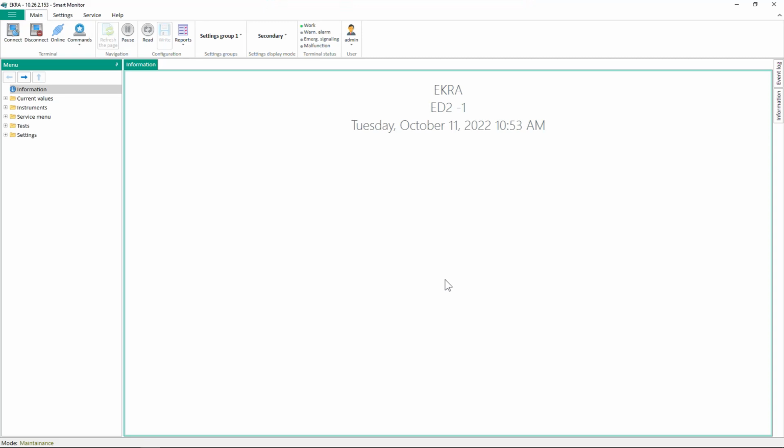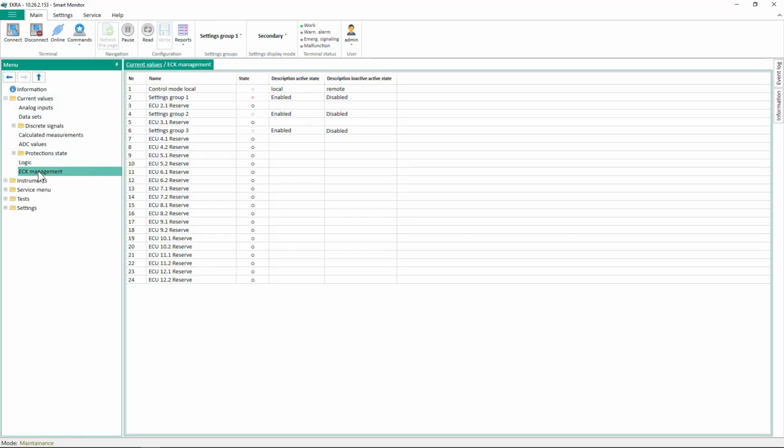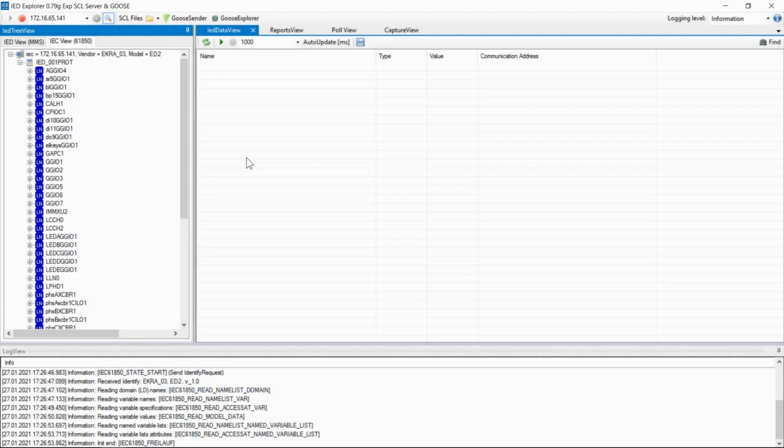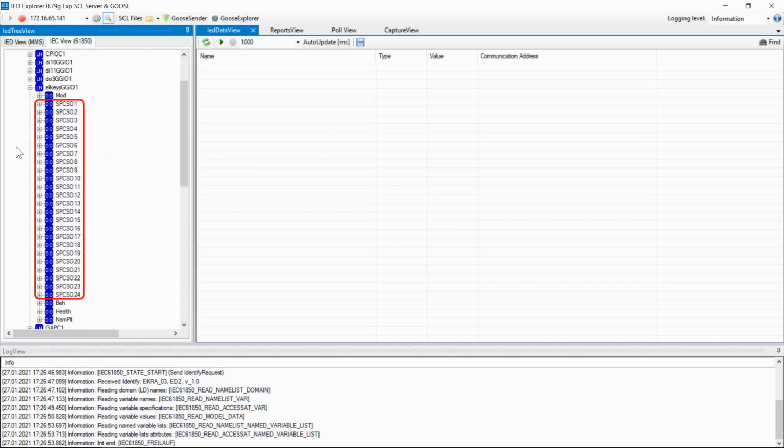By checking the presence of electronic switches in the Smart Monitor software in the Actual Values ES Control section, or the presence of the EKRA logical node, which contains the SPCSO data objects for each electronic control switch, in the data model according to the IEC 61850 standard. For more information about electronic switches and their settings, see the video tutorial on configuring ED2 devices telecontrol, functions and